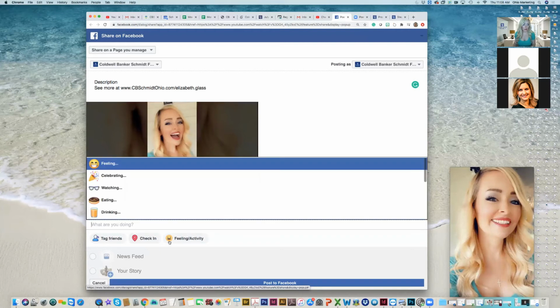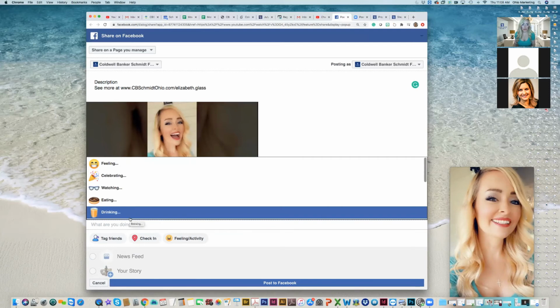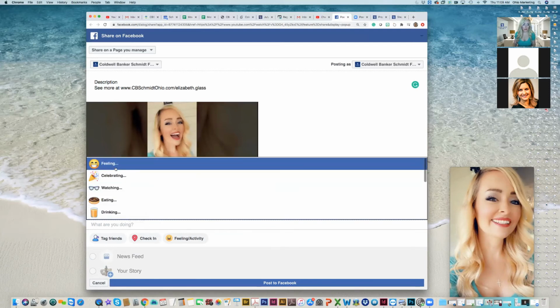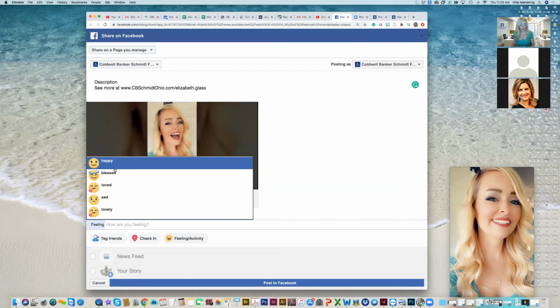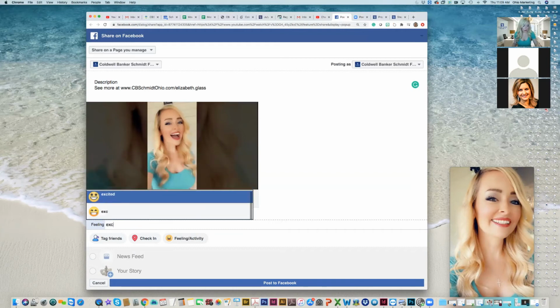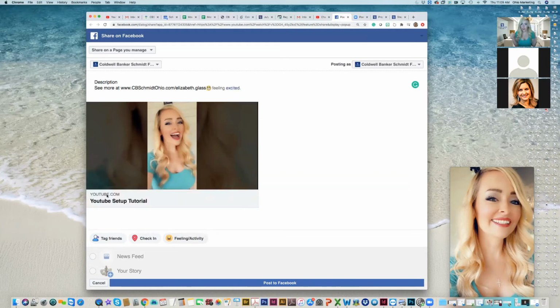And then a lot of people now, you'll see, are implementing the feelings, or what they're doing, emojis. And that just allows you, for example, when it was Cleveland Clinic, I did this all the time, and I would just be like, feeling excited because I'm getting so pumped up and ready to help all these kids, which is just totally my passion, is helping suffering people. So very simply, it would just put in here, feeling excited, but on a personal page, it would actually say Elizabeth Glass is feeling excited, and then underneath that it would be my description.